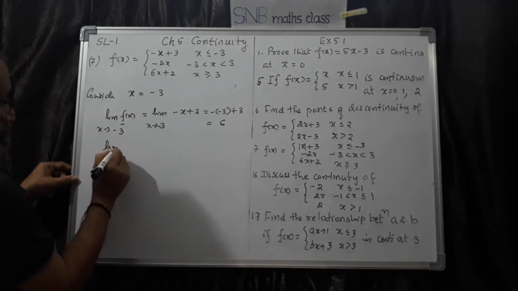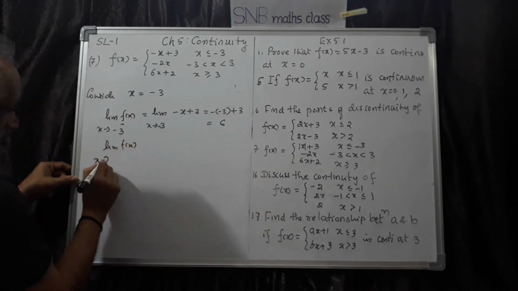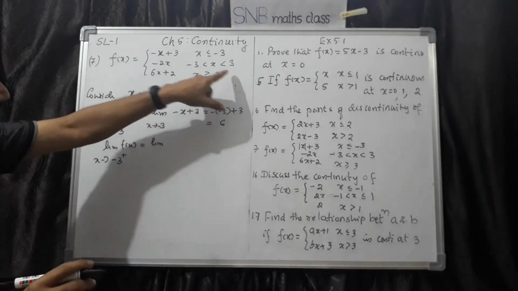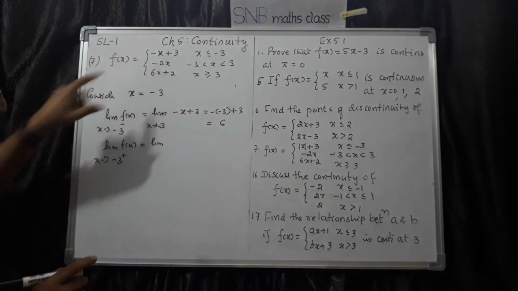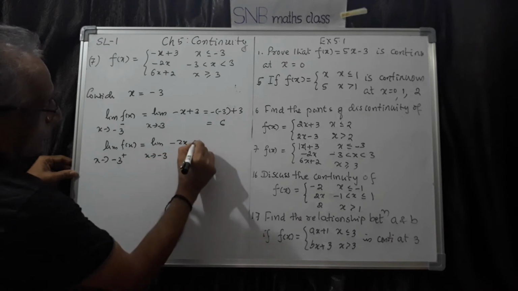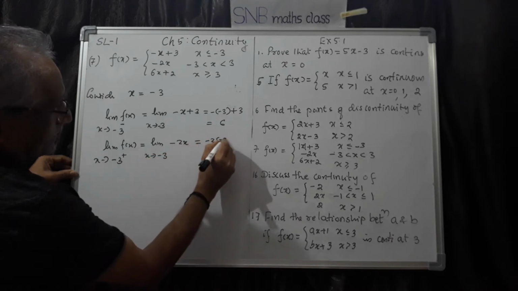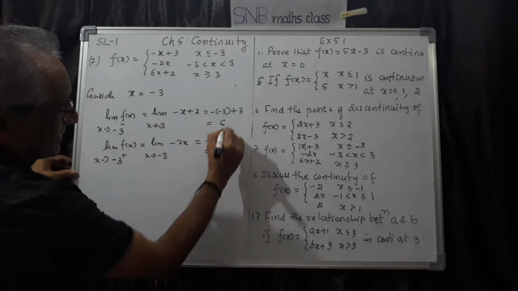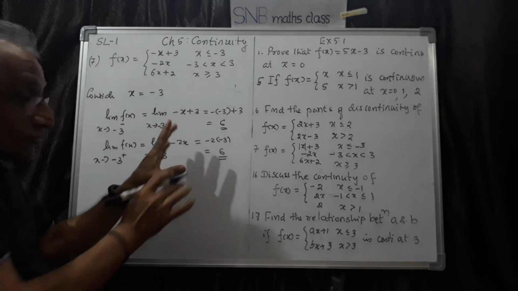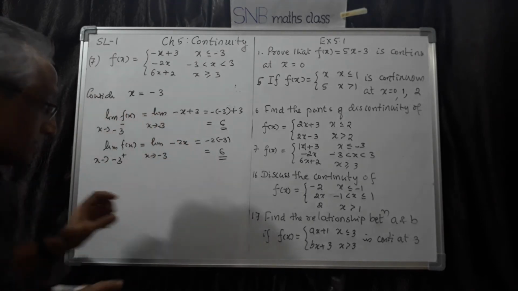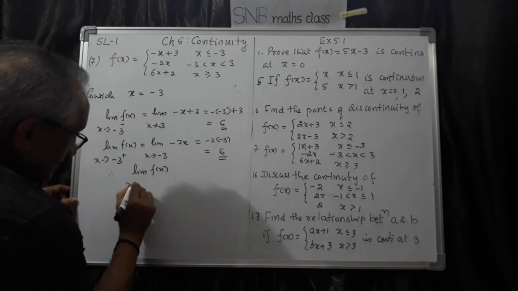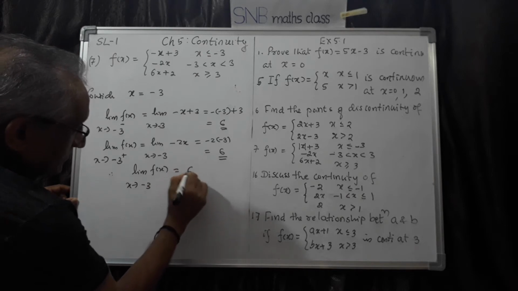Then the limit of f of x as x tends to minus 3 plus, the right side of minus 3, where this is the function. So I have to write minus 2x, x tends to minus 3. Once again it is minus 2 into minus 3, this is also 6. See, the left limit is the same as the right limit, but we are not supposed to stop at this point. The limit exists, no doubt. Therefore the limit of f of x as x tends to minus 3 is equal to 6.